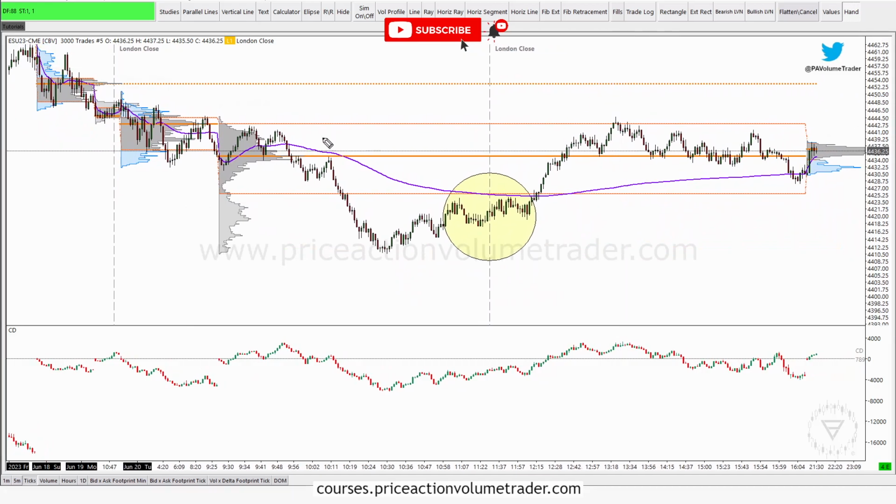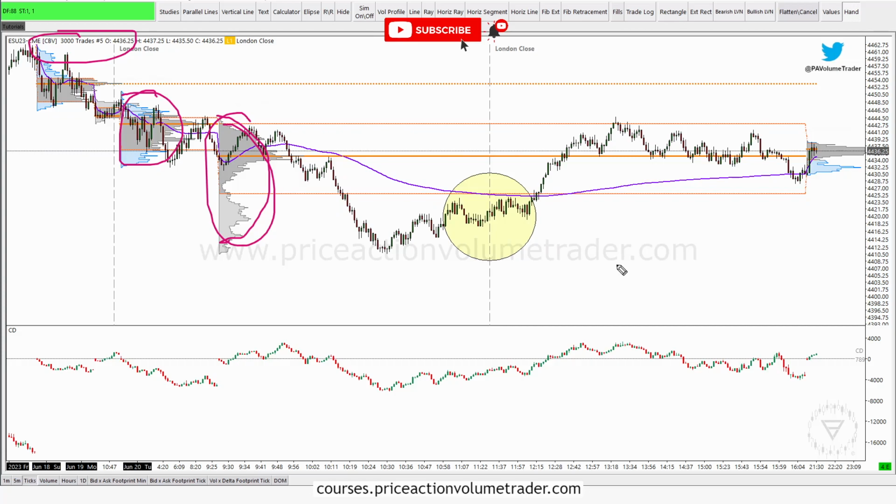As you can see, as always, these are my session profiles. The ones in blue are the extended trading hours. The ones in gray are regular trading hours, which is where we're going to focus. This is a 3,000 tick chart. I usually use either a 5-minute chart or a 3,000 tick chart when I'm day trading. Specifically, I prefer the tick charts because it filters out a lot of the noise that we have, especially during